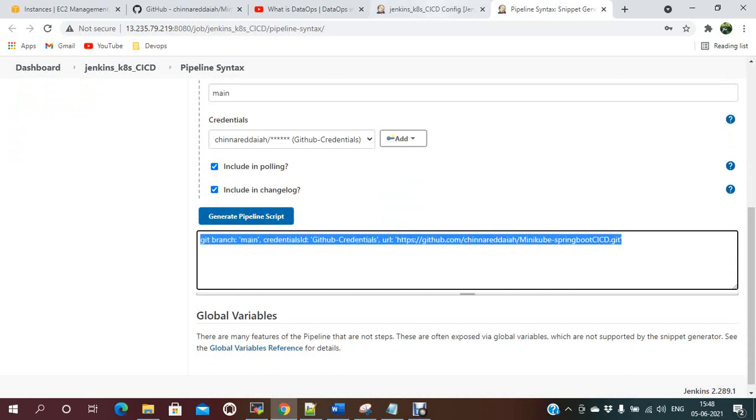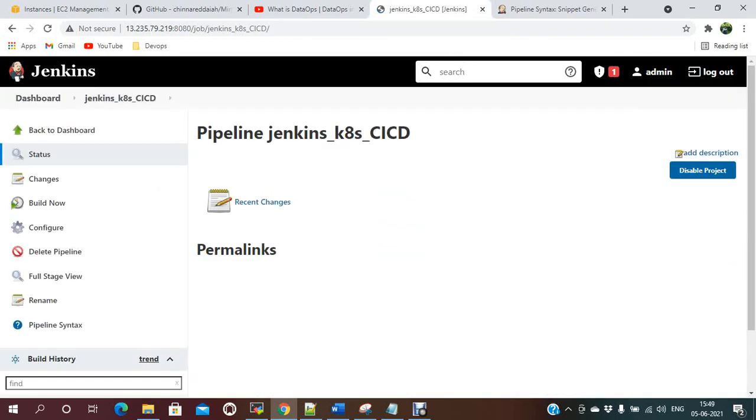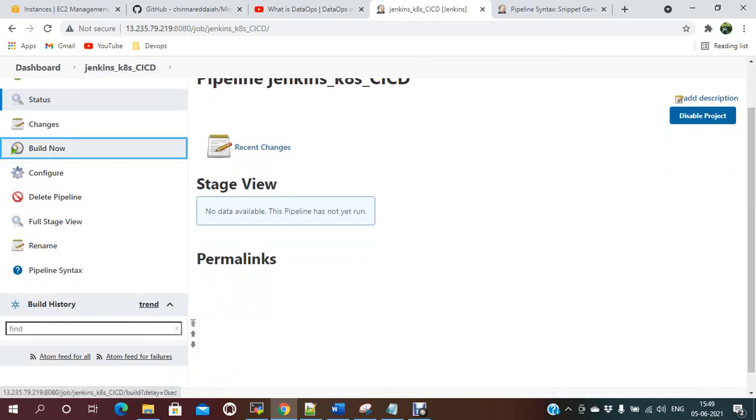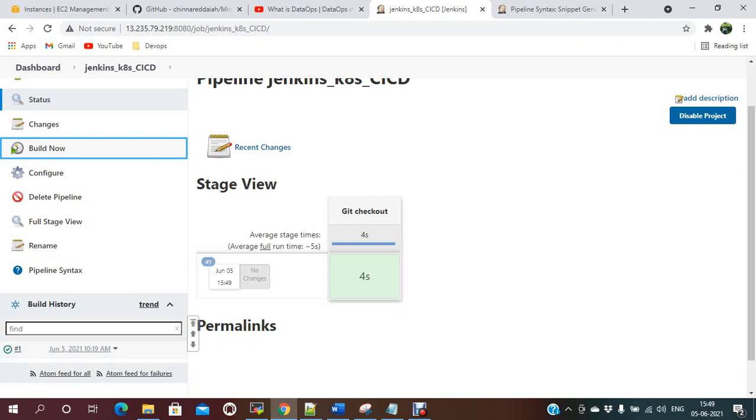Now I'm copying this line here. Apply, save. Now if I do build now, the build is a success. It will clone the code into the Jenkins server.